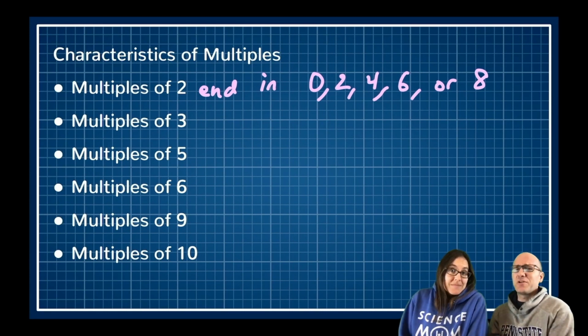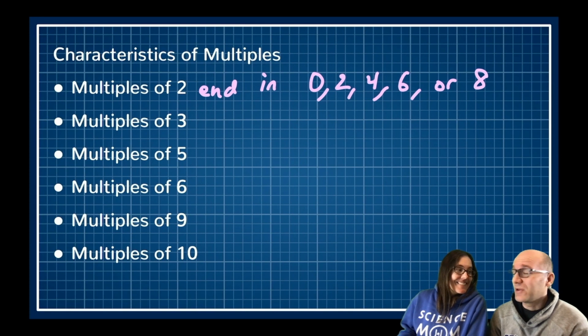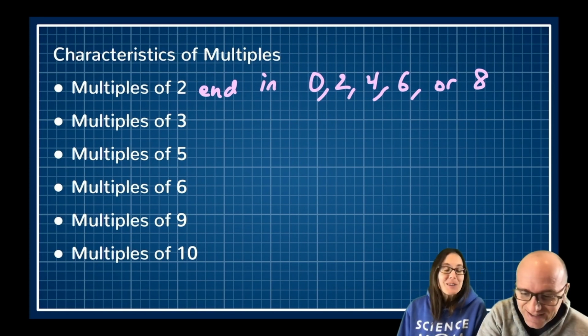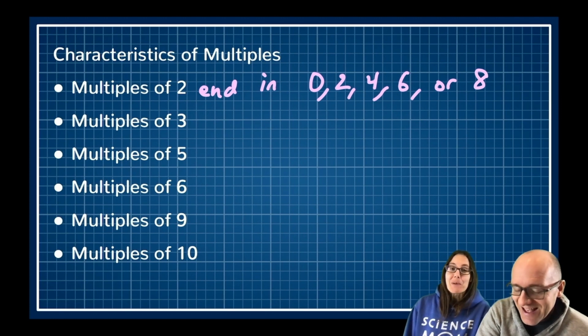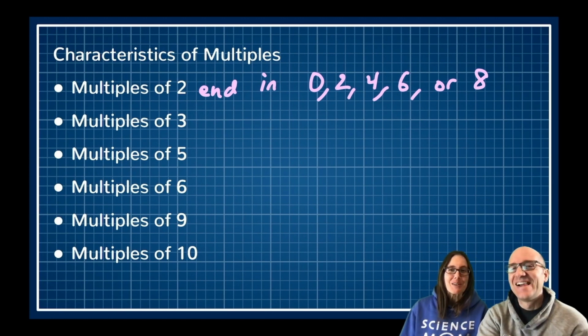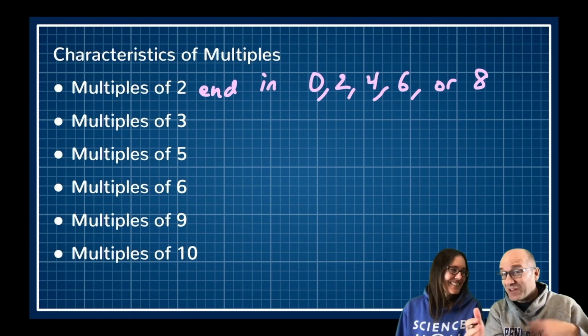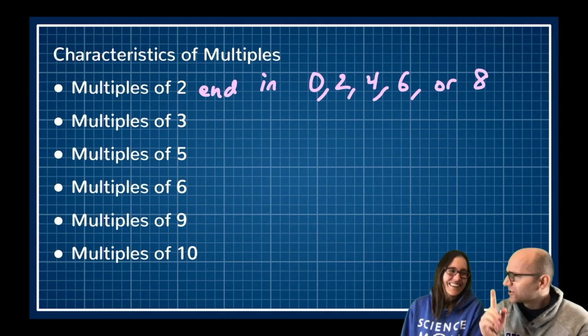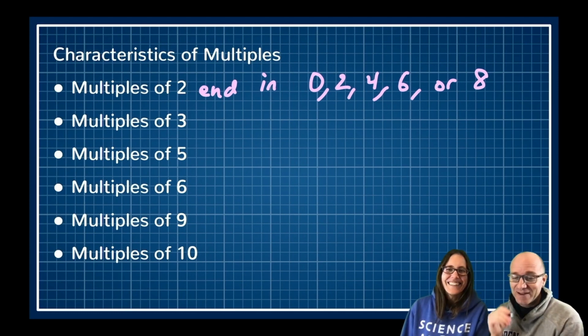All right, what about multiples of 3? How can you recognize whether a number is a multiple of 3? By singing my song. 3, 6, 9, 12, 15, 18, 21, 24, 27, 30. But if it's bigger than 30, then you're in big trouble. That's right, because we could write out a 7-digit number, and it'd be a lot harder to tell whether it was a multiple of 3 if you're going off Science Mom's song. So let's have a backup plan in mind.